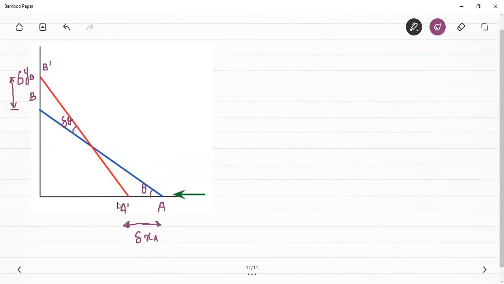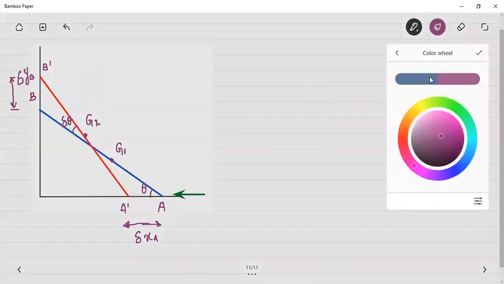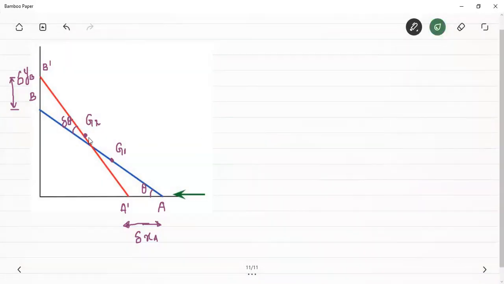Therefore our aim is to represent this delta xA and delta yB in terms of this delta theta. Okay, so we can also see here that apart from this point A and point B, there has been a displacement of the center of gravity as well. Assuming that the initial center of gravity was here, I can write that this is G1, and let me assume that the center of gravity has shifted to this point, that is G2, and we can see that there will be a displacement